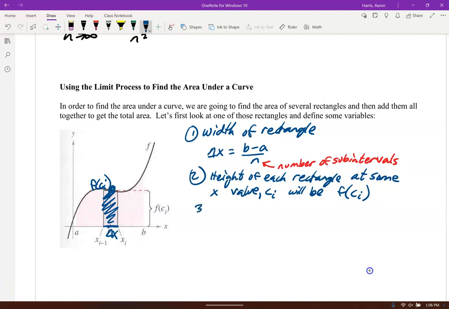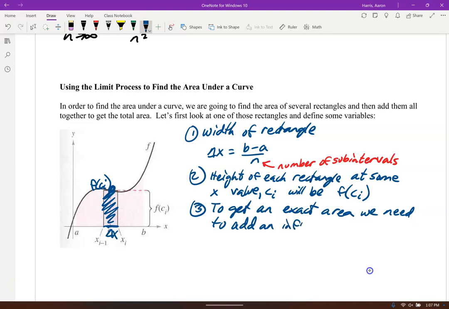So number 3, to get an exact area, remember these were approximations. When we were adding all these up, they were approximations, right? We had some error. Either we were over approximating or under approximating. Maybe we were a little better with the midpoint. Who knows? Depends on the function. But to get an exact area, we need to add an infinite number of these rectangles together